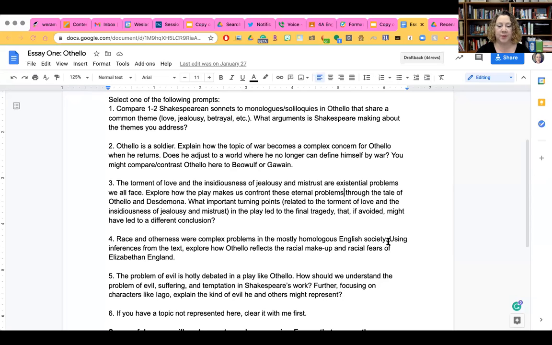So how do we understand the problem of evil in Othello? Focusing on probably Iago. He's sort of like the number one evil guy in the play, in a lot of plays. What kind of evil does he represent? And does he have different types of evil? And what are his evil levels you could write about? And those are the 5 options. And then you have the 6th one to develop your own if you would like. Are there any of those that you want me to talk about a little bit more?